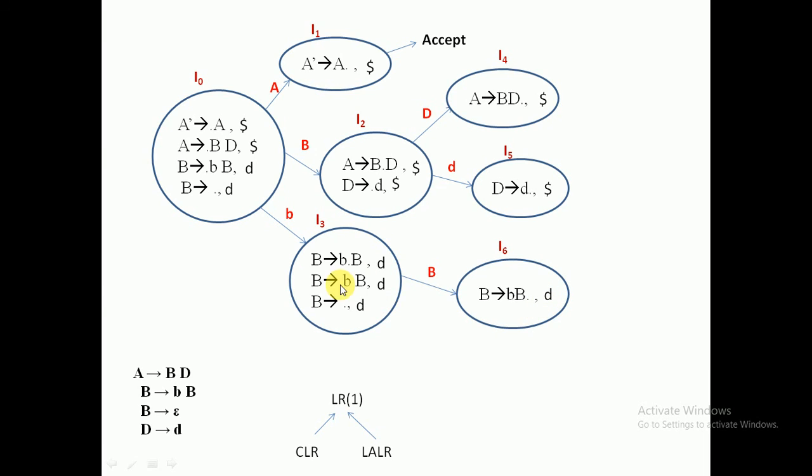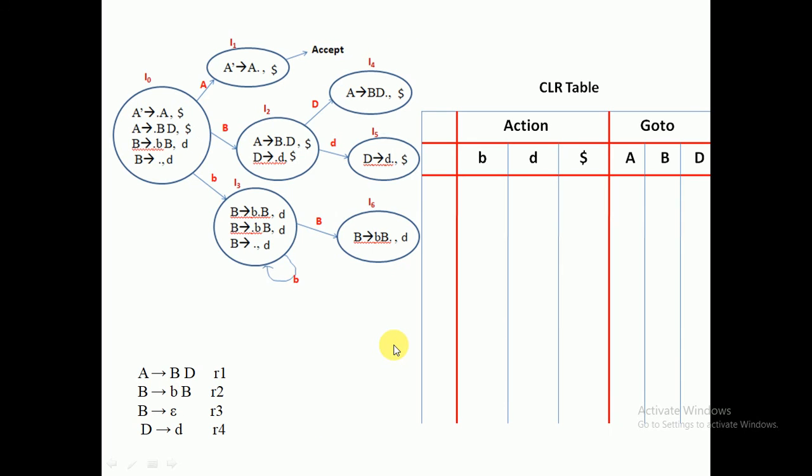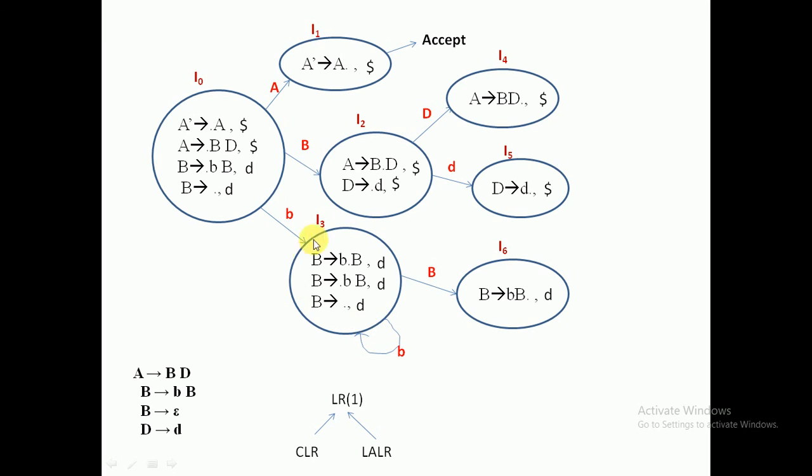Then move over the second production. This one is completed. Second production, move over small b. Where will you reach? You will get the same kind of item set again. If you create this move over small b, you will get the same kind of production set. This kind of example I have explained in a previous example. You will reach the same item set, so for move over small d and small b, we put a loop on I3.